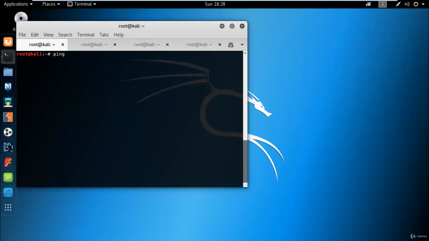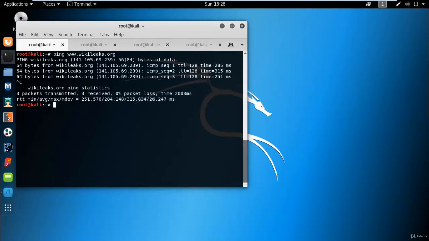So let me ping my target organization. Ping www.wikileaks.org. It's my target organization and I can ping wikileaks.org. And now let me list the information of live IP addresses for wikileaks.org.